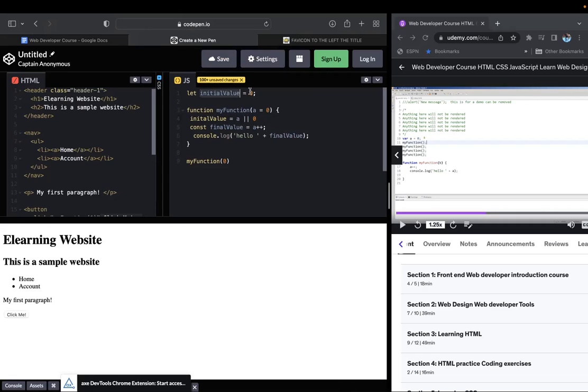So we have our initial value 0. We have A. If A is undefined, it gets set to the default value of 0. Then we redefine initial value to be equal to A. If A is undefined, it'll get set to 0. So this is obviously an over-engineered solution. The best way to do this would be to take this all out and instead say,